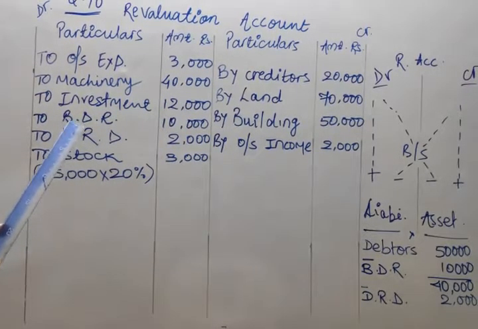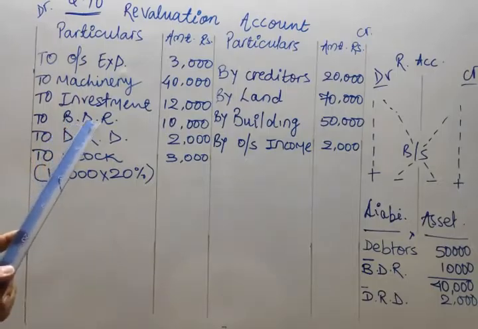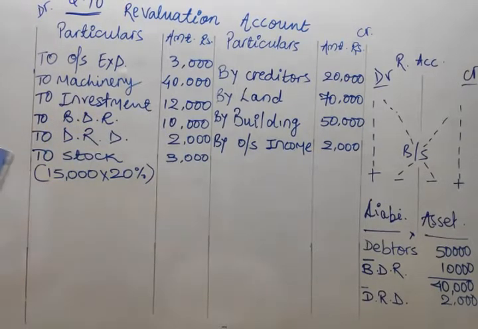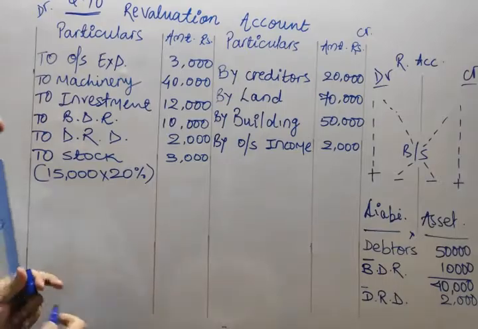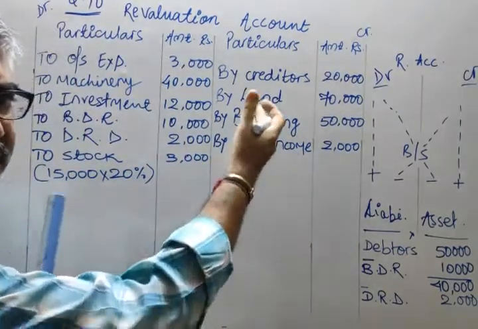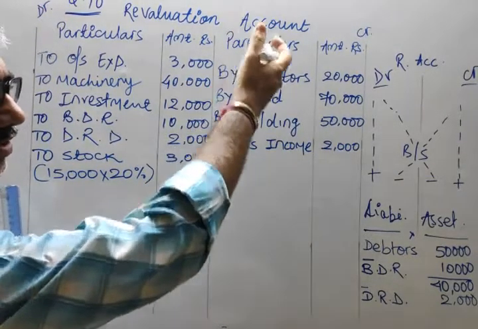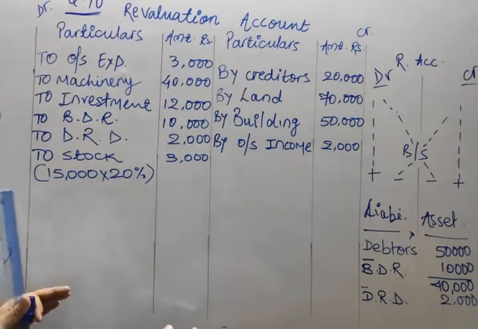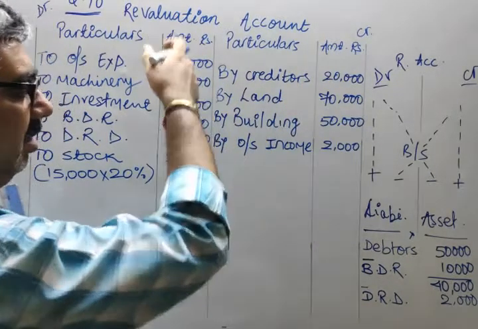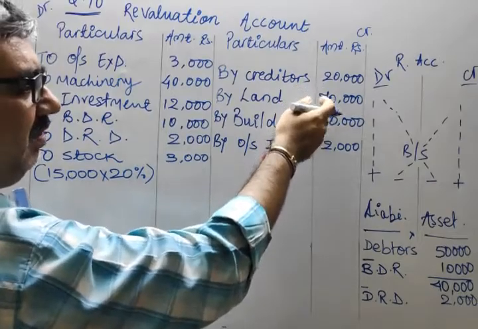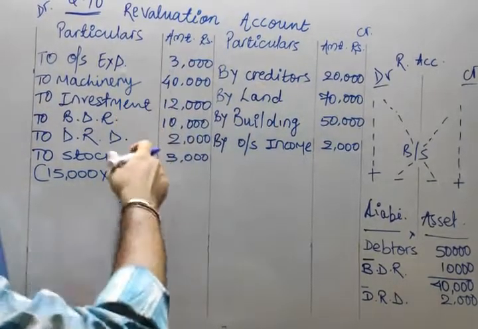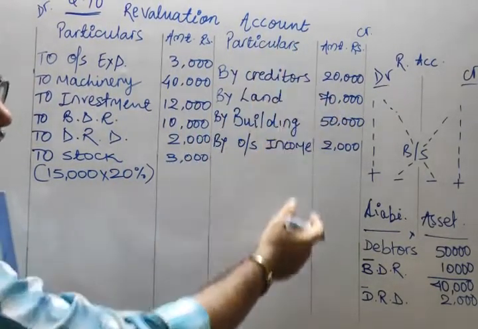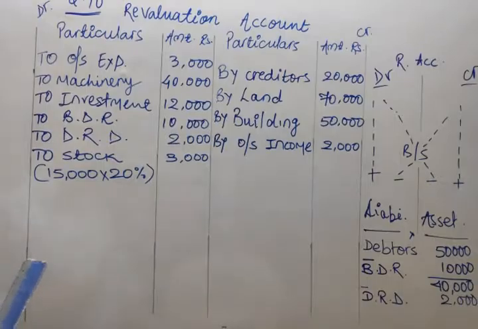So here everything materialized. Now what to do? Very simple. Now it's almost over. What do you have to do? You have to do the totals, in the same way as we are doing in all the ledgers. Whichever side's total is bigger, you have to do it first. Here, obviously on this side, by looking at the amount, you can check 70 and 50. No one can beat it. So on credit side, the total is bigger.